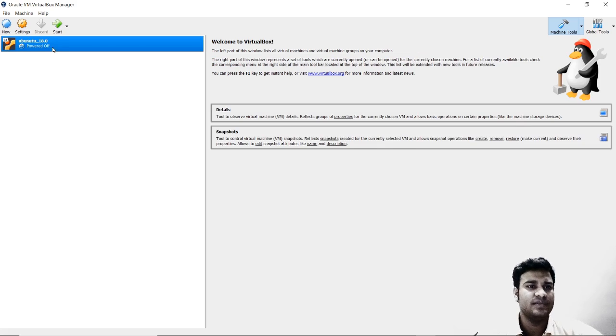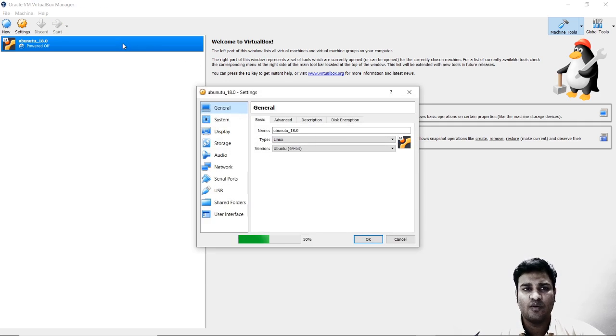So you will find something like this. After creating the machine, this machine is nothing but a container. So this is the second step. After you have installed VirtualBox and created the machine, go ahead and right click it, go to settings. In the second step, we are making sure that the internet works in our Ubuntu machine as well.